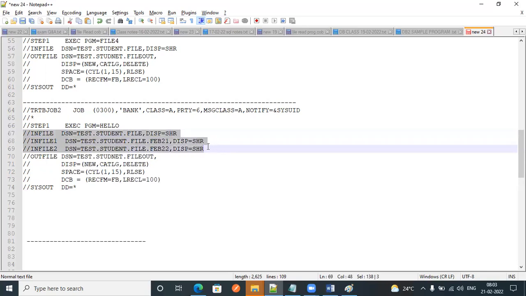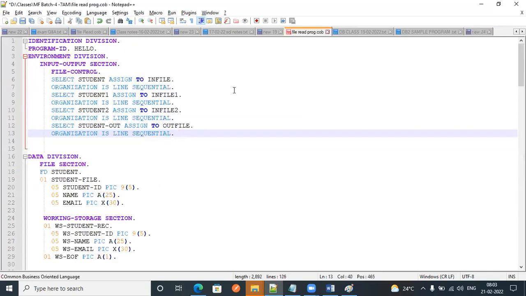Whenever we pass these files, this will go to in file automatically, and this hello program will accept. There is a link. This hello program will take in file, in file 1, in file 2 and out file. These are all called physical file names in our COBOL program.